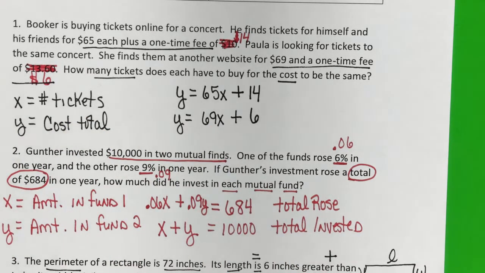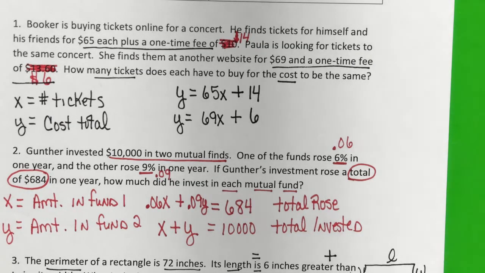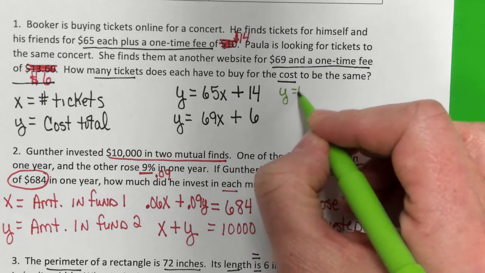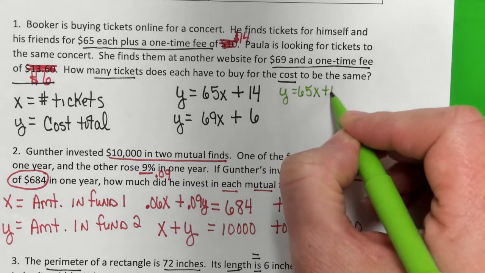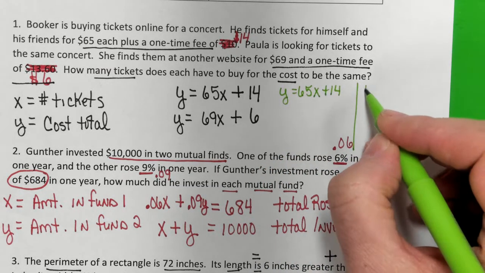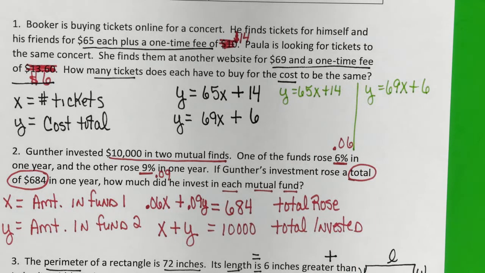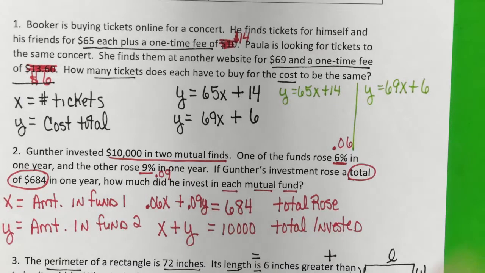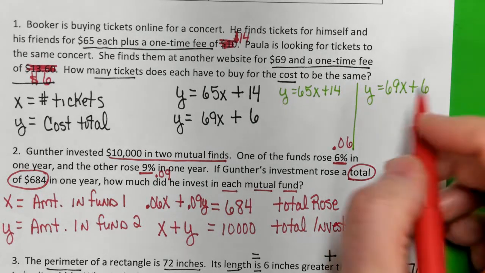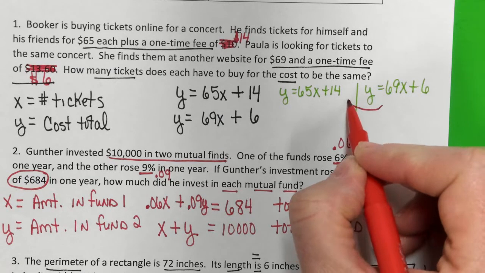Let's think about this. What method would we want to use? Some of you might say substitution. Some of you might say elimination. Actually, either one would work. I do want to show you solving this using the substitution method, just because sometimes equations like this confuse us. Okay, so if you'll notice, both equations have y by itself. They're already solved for. Okay, so let's say that I take this and I want to plug it over here